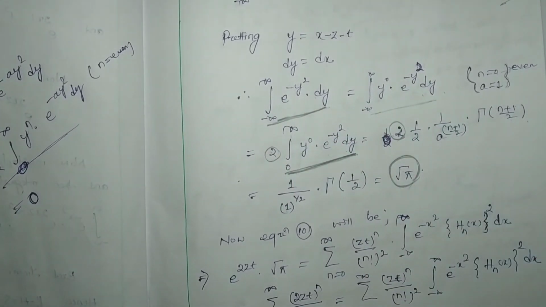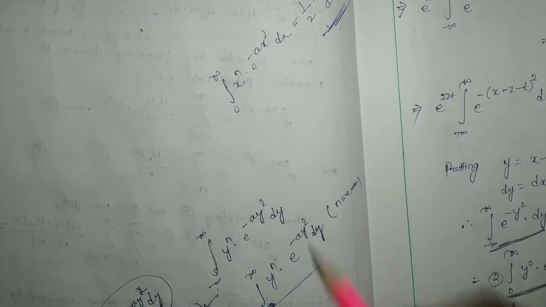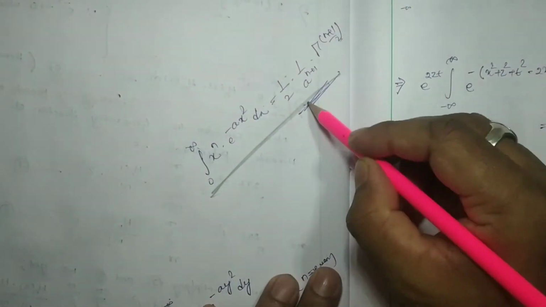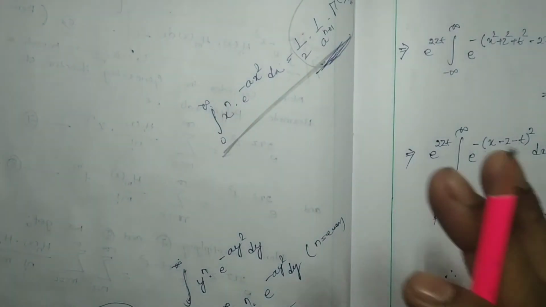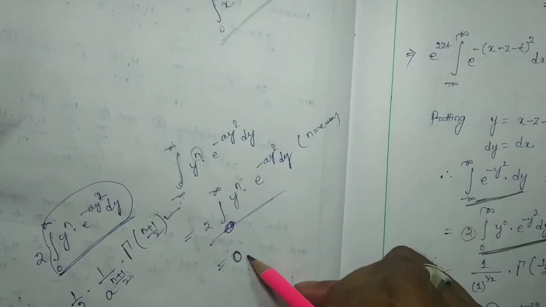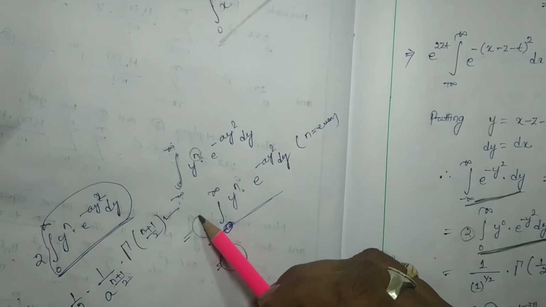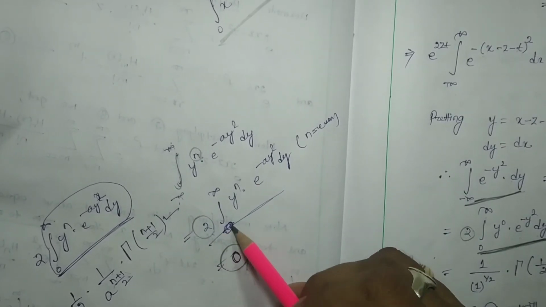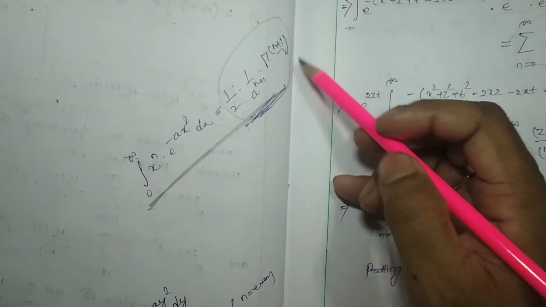So it will be easy if you remember this formula, but you have to do it carefully. If minus infinity to infinity is there and n is odd, directly you have to write 0. If n is even, then first you have to do 2 into 0 to infinity like this, then the integration of this one is nothing but in this form, that is 1 by 2 a to the power n plus 1 gamma n plus 1 by 2.